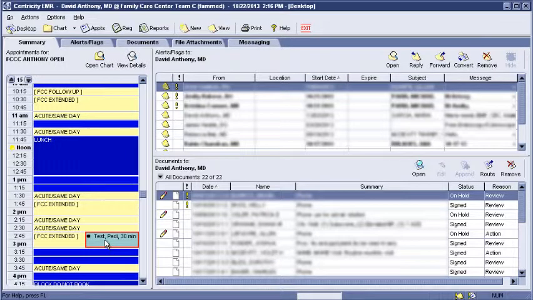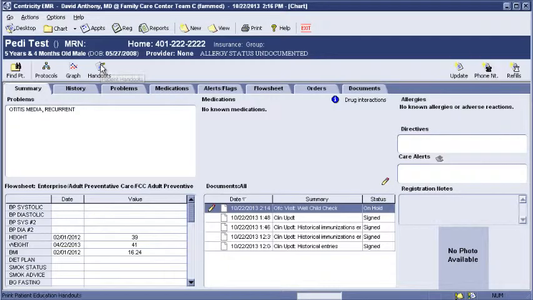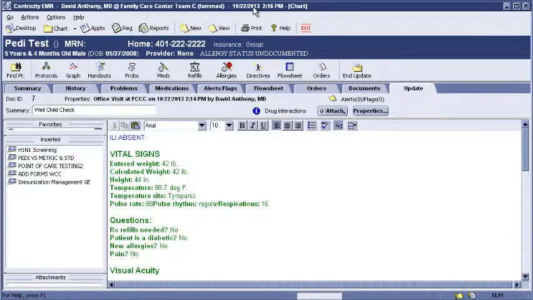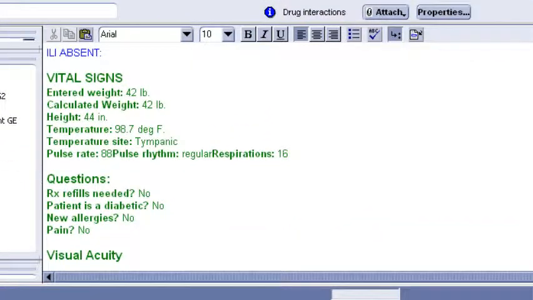To open the chart, we'll click on that and go to Open Chart. Just like before, we can quickly get a summary. You can see this child has a history of recurrent otitis media but is on no known medications. And here is the office visit. To open it up, we will double click on the office visit. That brings us right to it, where we can scroll down and see the vitals that the nurses have